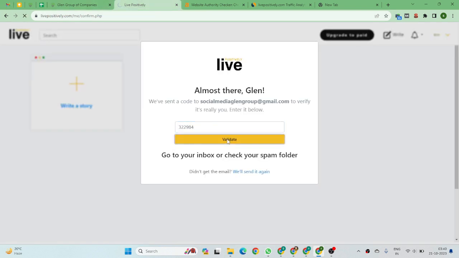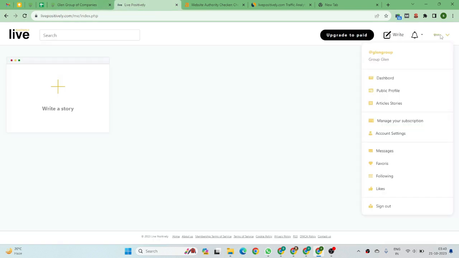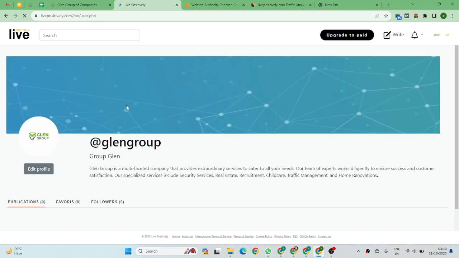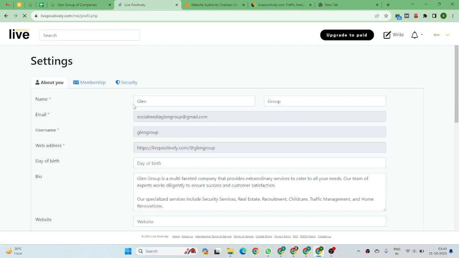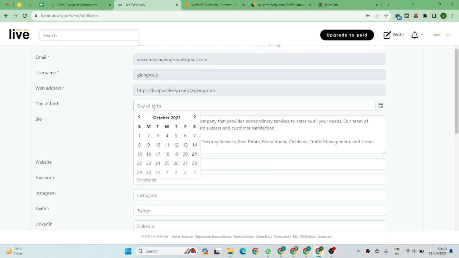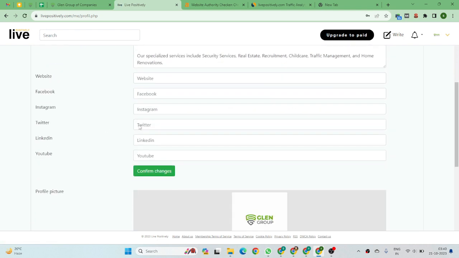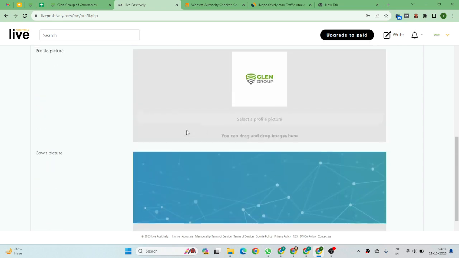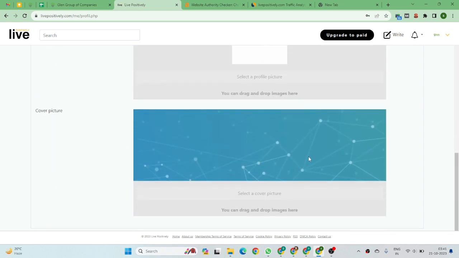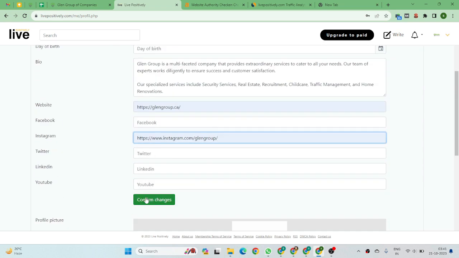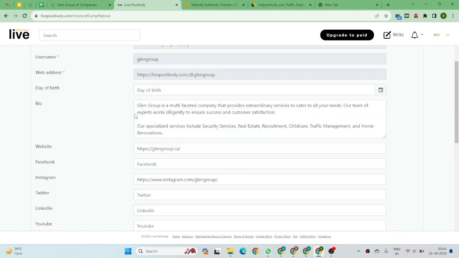Copy this email from your Gmail ID, then put it over there, and you can click for the validation. Once you do this, you have to go to your public profile, and you can edit the things. There we have added the bio, and there is an option where you can add your website URL, Facebook, Instagram, Twitter and other things, and there is an option to add your cover photo also. Once you do this, you have to click confirm changes, and for the last